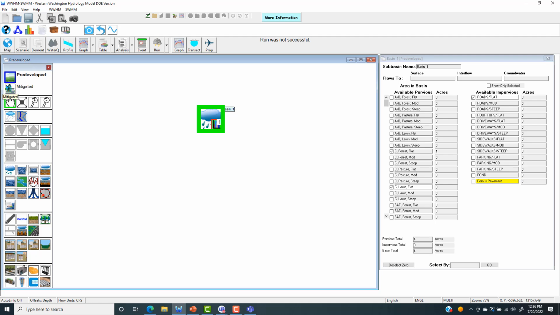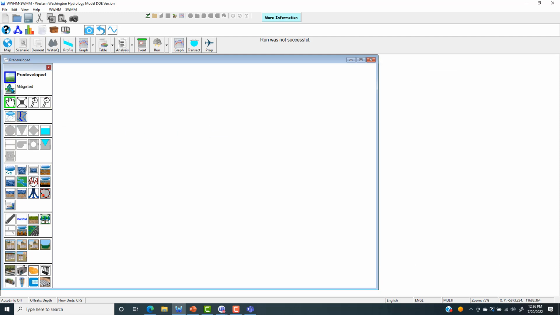Something you might do in EPA SWMM is, okay, well, I don't use basins. I use the subcatchment element. You can see it's highlighted red there because we're using land use basins, and so we can't integrate basin land use with subcatchment land use. That's not really how it works. So if we want to set up a different project here,